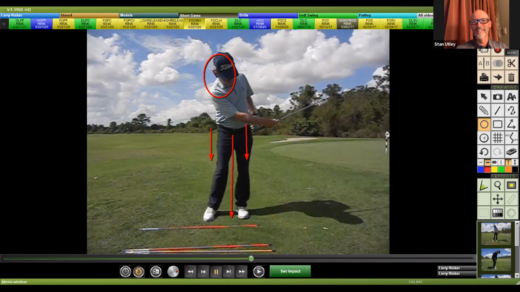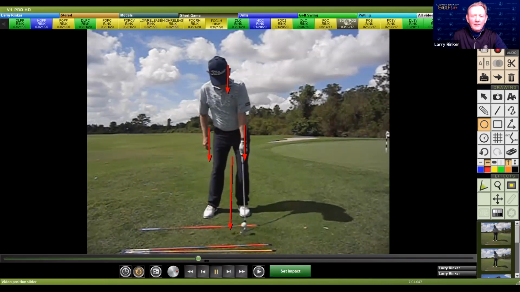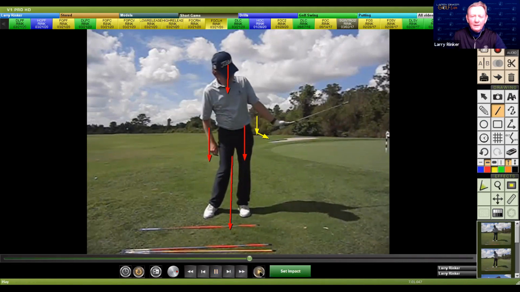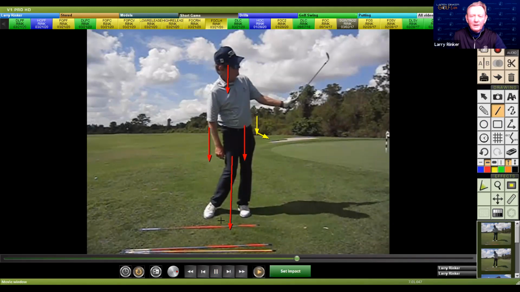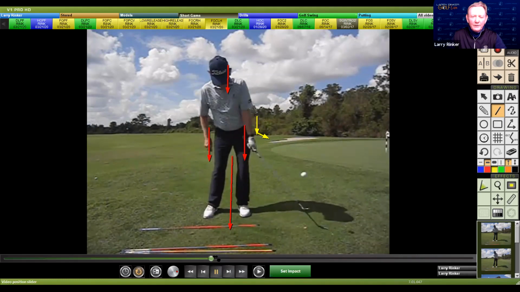Well, the thing is, and I remember when you were out at Red Sky a few summers ago, you were the first one to tell me, hey, you wanted to train what your left arm and hand did. And there's the left arm and hand and the club passing the left arm where the left wrist cups or goes into extension. And then the left arm and hand folds as it goes up. And that's what you want. So many people are dragging that handle and not throwing it.